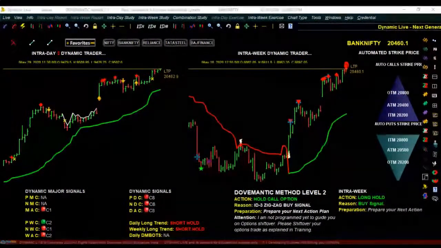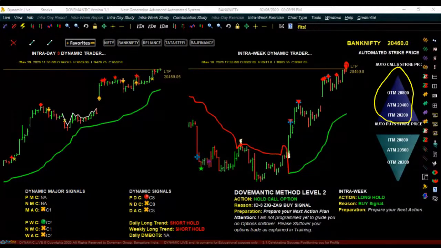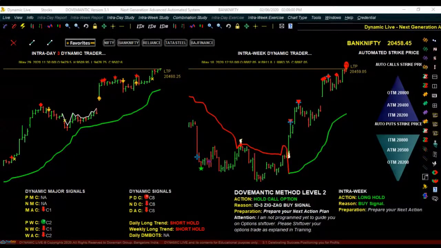But whenever it tells you to buy a call option or to buy a put option, there is one more important thing that you have to do here, and that is to select the right strike price. Now, how to select the right strike price? Not many people have ever tried to focus on it, but today you don't have to worry because even that is automatically identified here, the automated strike prices. So whenever it tells you to buy a call option, you can look at this pyramid pointing upward, pick one number out of these three, that is your right strike price. Similarly, when it tells you to buy a put option, look at this pyramid pointing downward, pick one number out of these three, that is your right strike price.